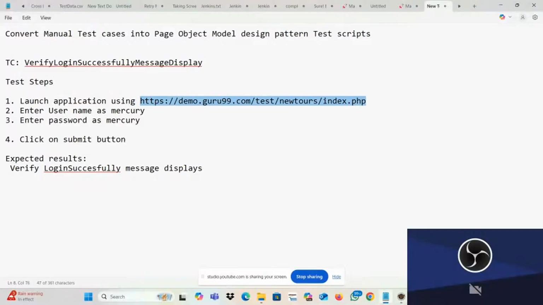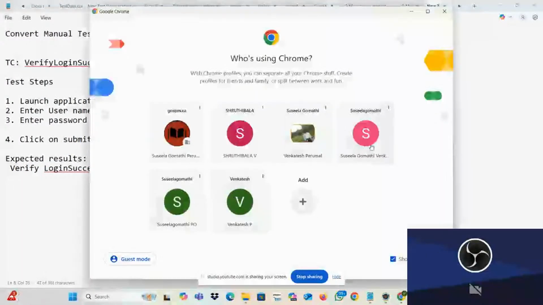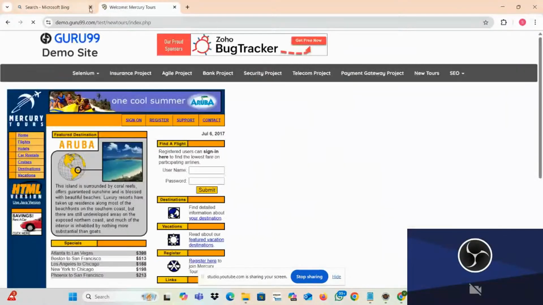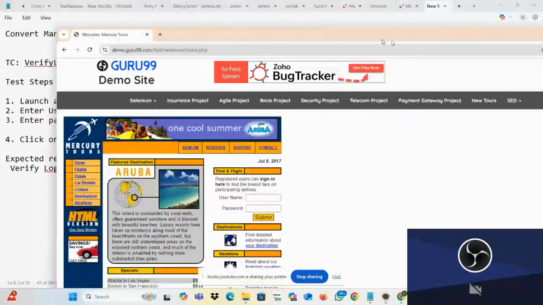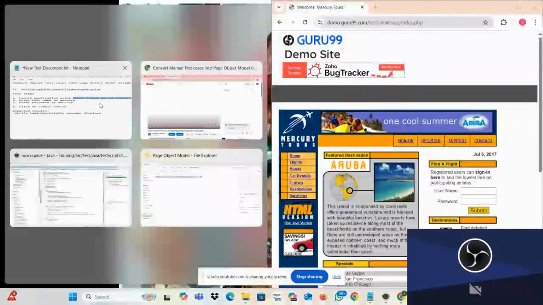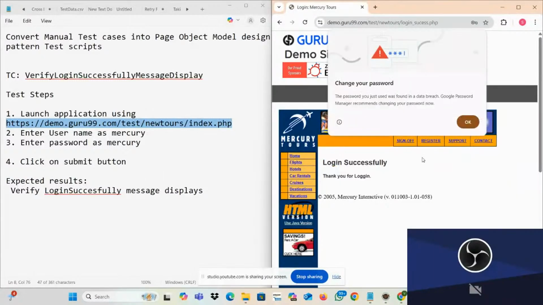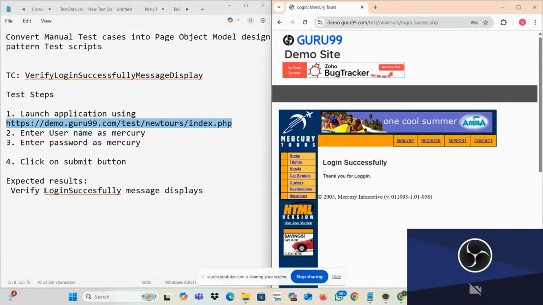Okay, let me go here. Let me open that. Let me go to this application and launch it. What I have to do, I have to enter the username as Mercury. Password is Mercury. Click on the submit button. Now what I have to do, verify the expected result is what actually, verify